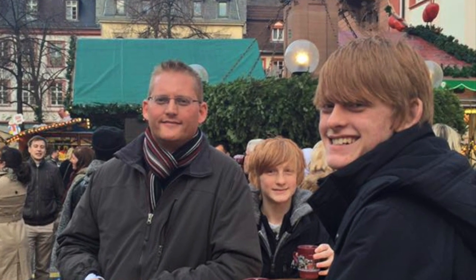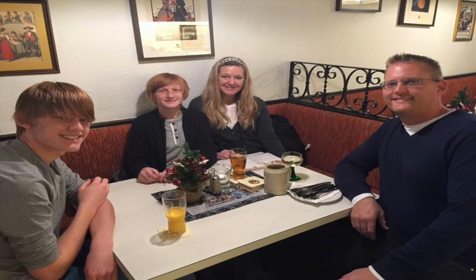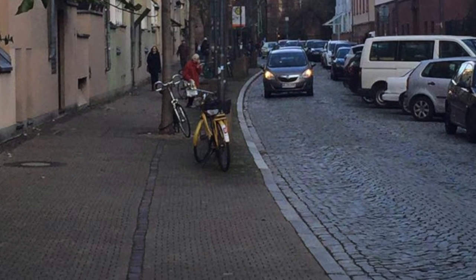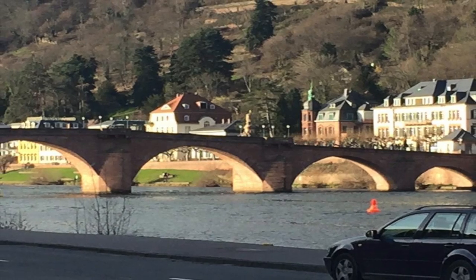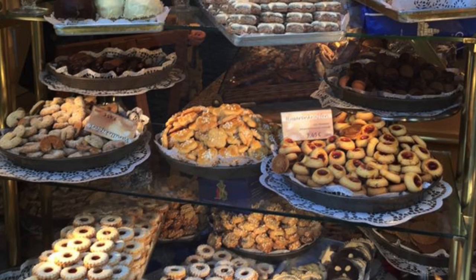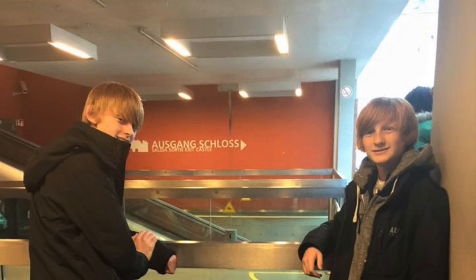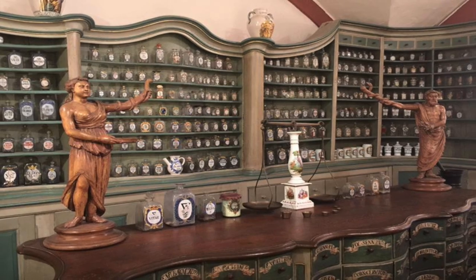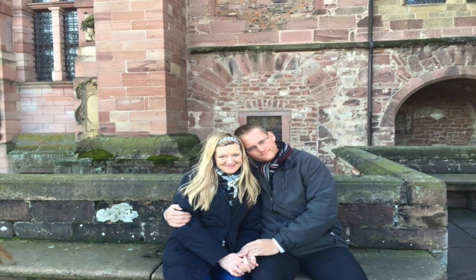These are at the Christkindlmarkt in Germany. So we were in Heidelberg, Germany, and this shows the Christkindlmarkt and the streets and the very historical area, and you can see these cobblestone roads and the kinds of food that you can have there. We got a bit lost. We got on the bus, but we went the wrong way, so we got to see the back roads of